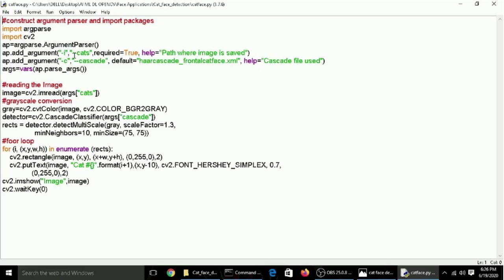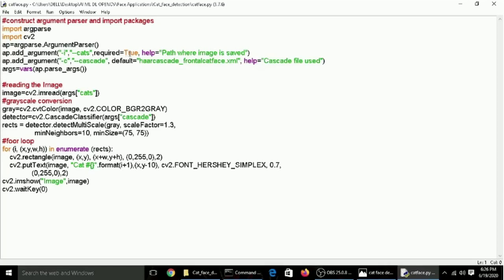The second parameter is the one which you will pass during the execution of the program. In this case I have written --cats. Next is required equals true. If you set required equals true, it means that you need to pass this during execution, else set required equals false.